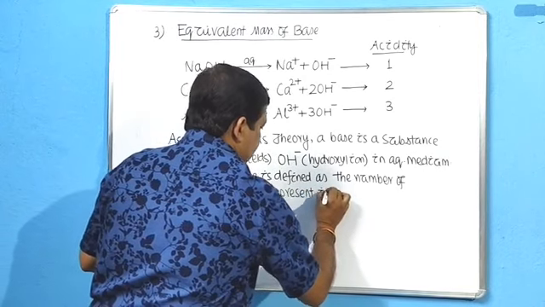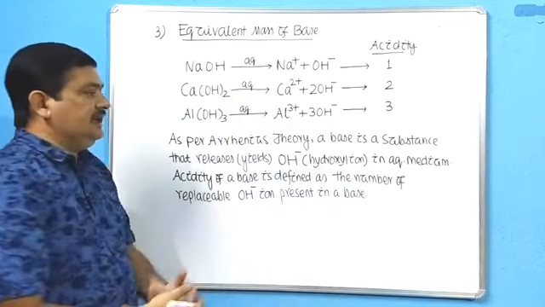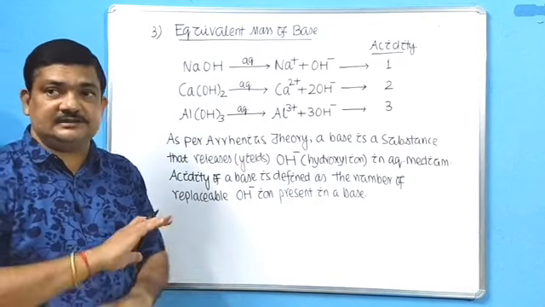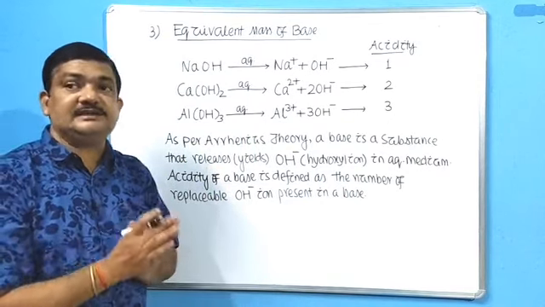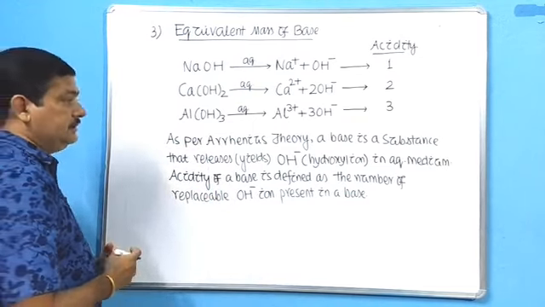What was basicity for acid, you have to remember, for base it is acidity. It's just the reverse one. Acids have basicity, bases have acidity. Okay, then what is the formula to find out